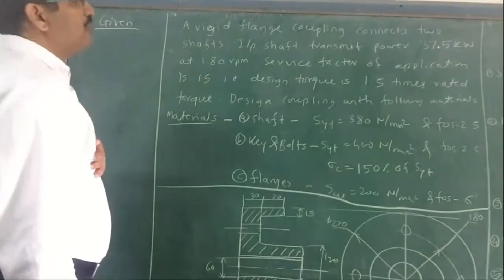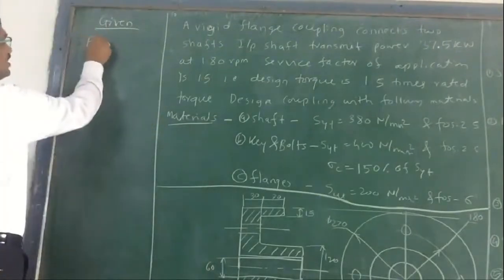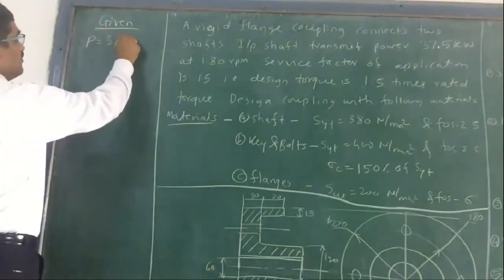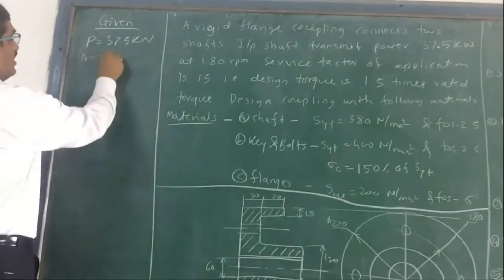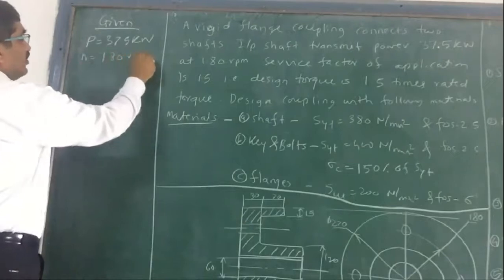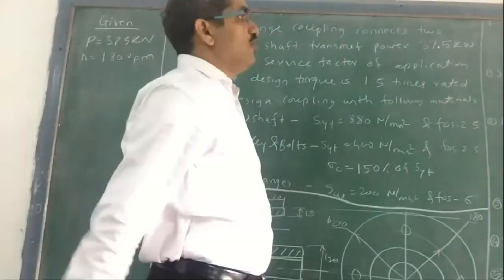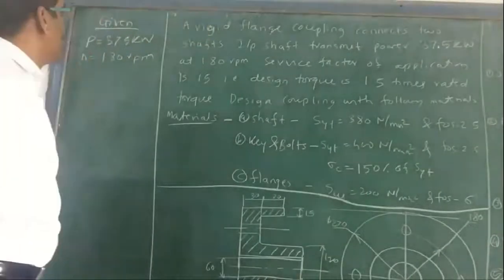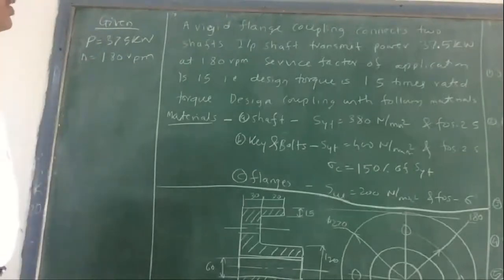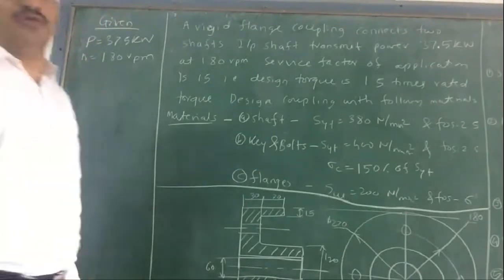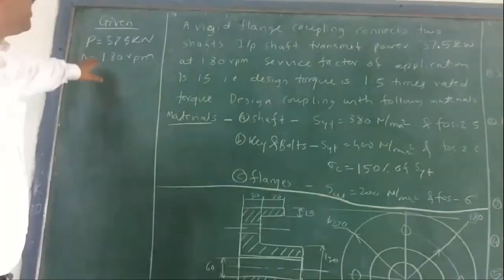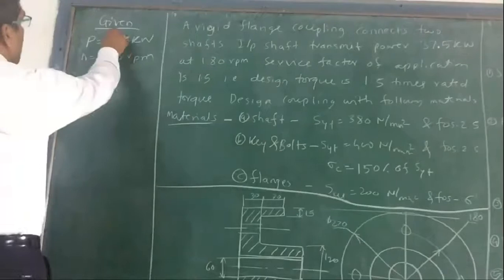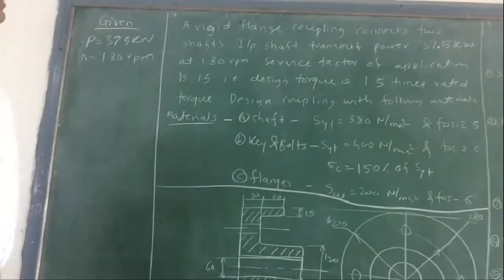Okay. So rigid flange coupling connects two shafts; the input shaft transfers the power. So we are given power equal to 37.5 kilowatt, right? And RPM N is given. So two things are given. In this first equation, we know the kilowatt power and we know N, so we can calculate torque. And once we know the torque, we can calculate the diameter if we know the allowable shear stress. That we will see in the second part. So we have given power and we have given RPM N, right?